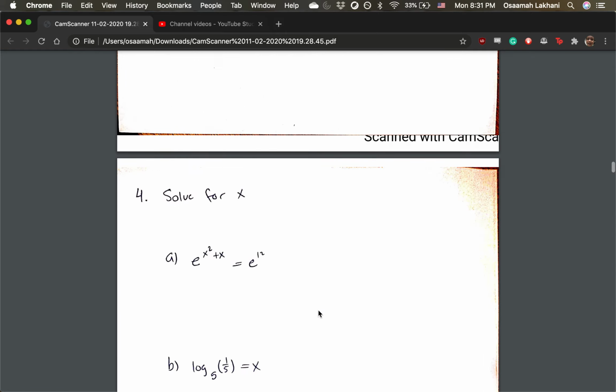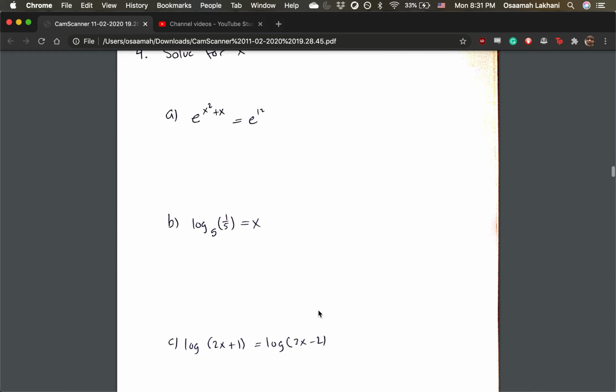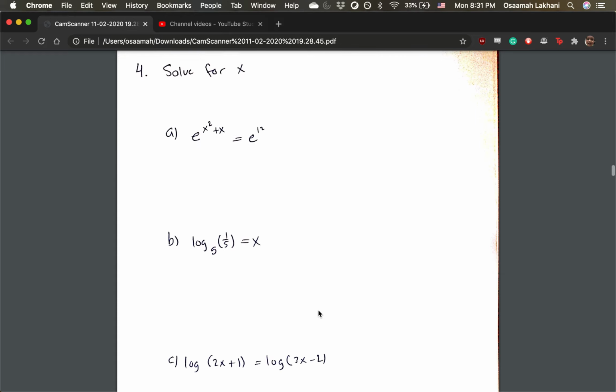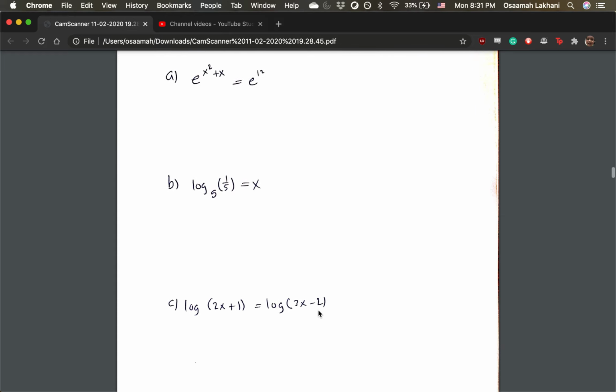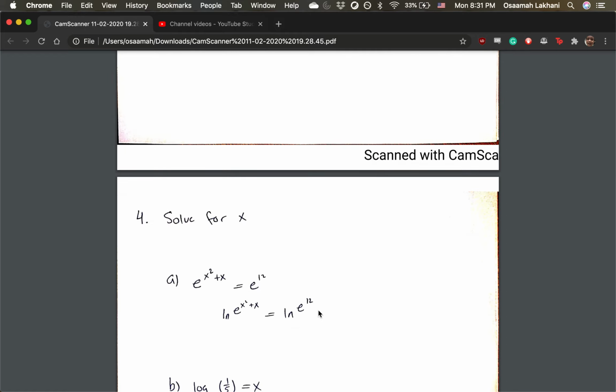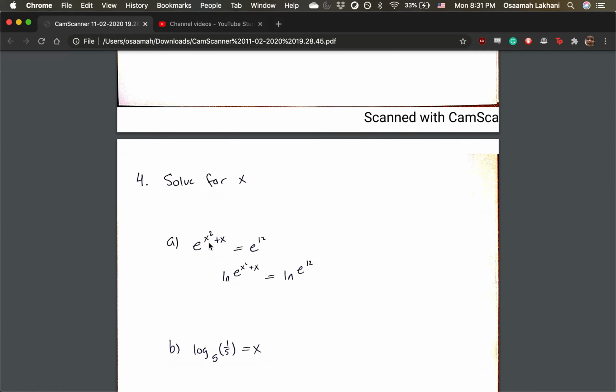Now, next I wanted to go over some log and exponent based questions. Really more log because you're definitely going to be seeing these on your exam. So I have three different questions. They're pretty short. So for the first question, it's e to the x squared plus x equals